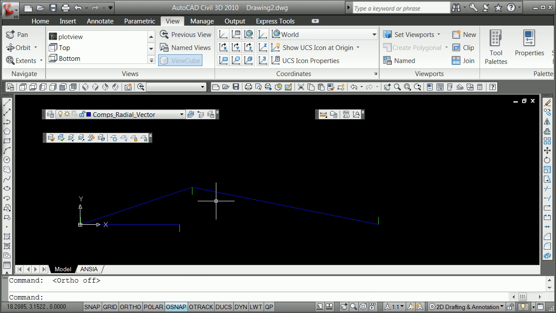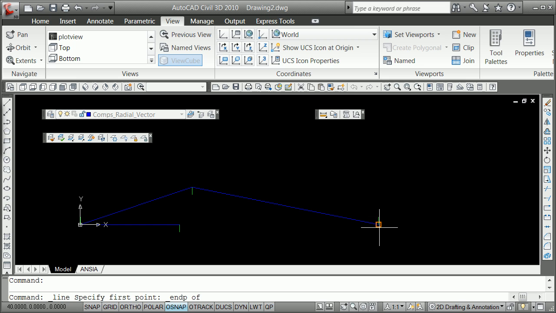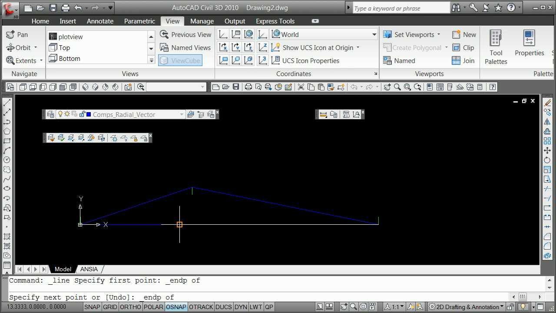Probably a good idea to turn off your ortho when you're doing this. And then one more from the endpoint here to the point of application. Moment arms I won't draft because in effect the moment arms all lay on top of here. So now you've got basically